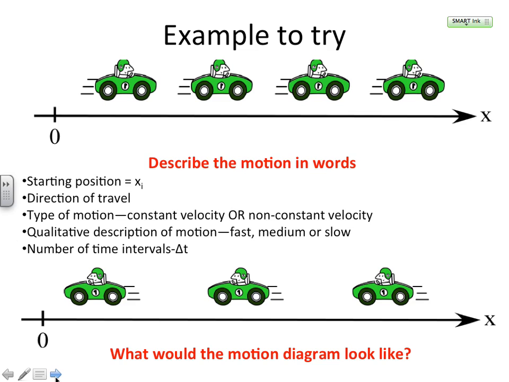Now, on the second one, my starting position is also some number bigger than 0. But I can tell that it's a bigger number than the other one. In this one, I can also tell that I'm going in a negative direction, constant velocity, but you can also clearly